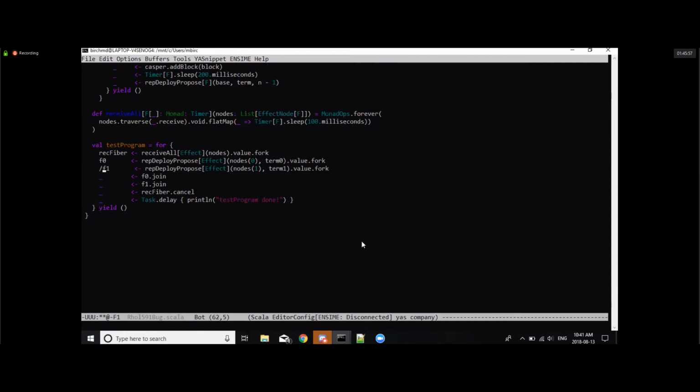If I comment this out, if I take out node 1, it runs perfectly. I don't get the error at all. Same thing if I take out node 0, still works perfectly, no error. Even though in either case it's still a multi-threaded program, right? Because I have multiple threads going for each node and multiple threads at the very least through the receive background process. So somehow the deploy seems to be an integral part of the error.